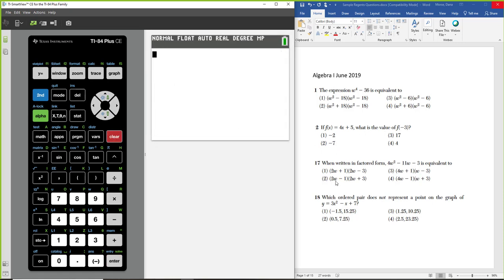Number 17, from the same exam, they didn't even change the variable. W. 4w squared minus 11w minus 3. It's another factoring problem. So I have, let's go with 12.3 store w. And again, just for good measure, 4w squared minus 11w minus 3, second math, set it equal,